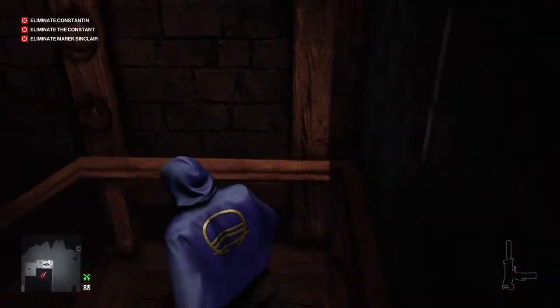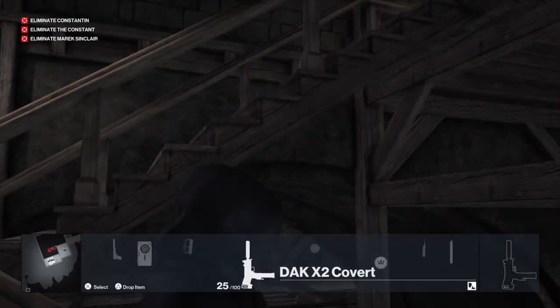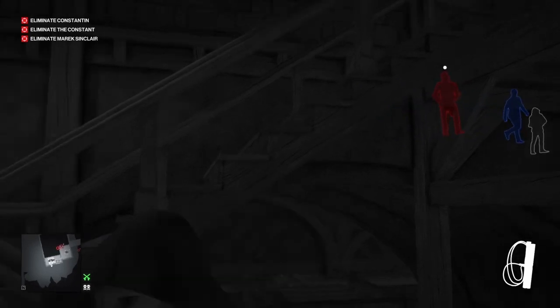So we're going to make our way into the stairwell and down about a flight and a half of stairs, and eventually the Constant will move away back into the main building. We're going to select our fiber wire just to be ready. So once the Constant leaves, once he's actually left the Constant's office, we can then make our way back up